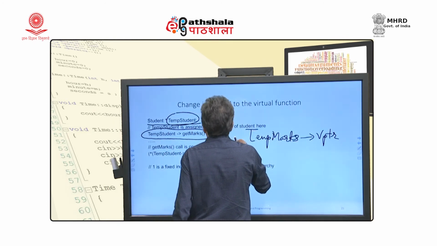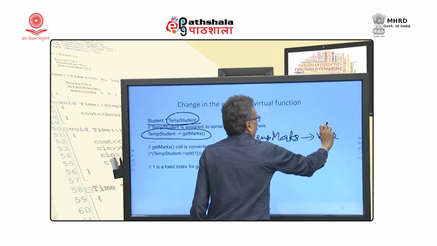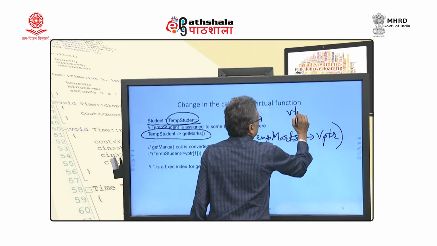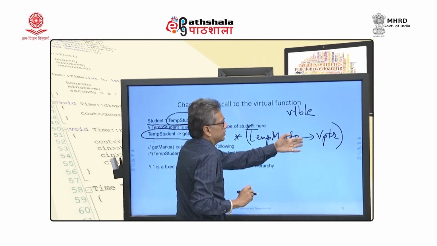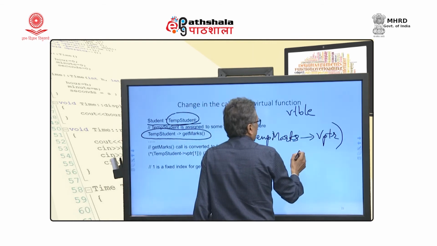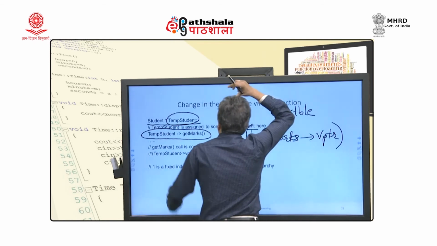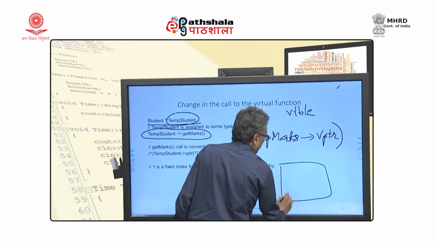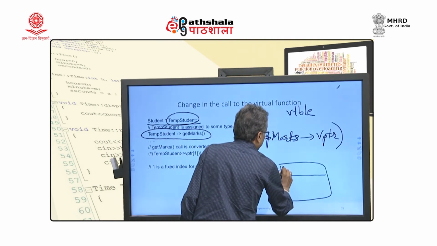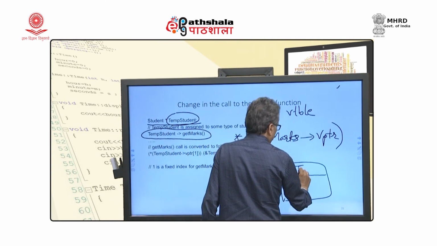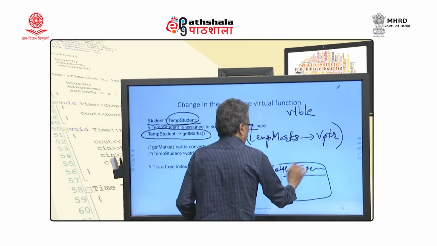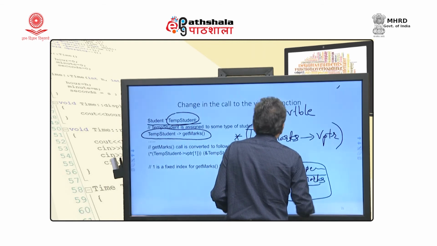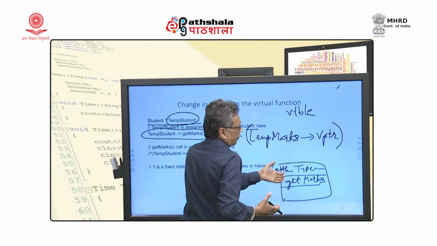Now, when I say star, what does it do? It will get me the address of the vtable. If it is an MCA student, it will be the address of the vtable of that MCA student. Now, in that vtable, getMarks, for example, has entry 1. Assume that this is my vtable: the 0th entry is always type info, and I have only one function, so normally getMarks is stored here, the first entry. So, star of this is basically this table. Now, what will I do?